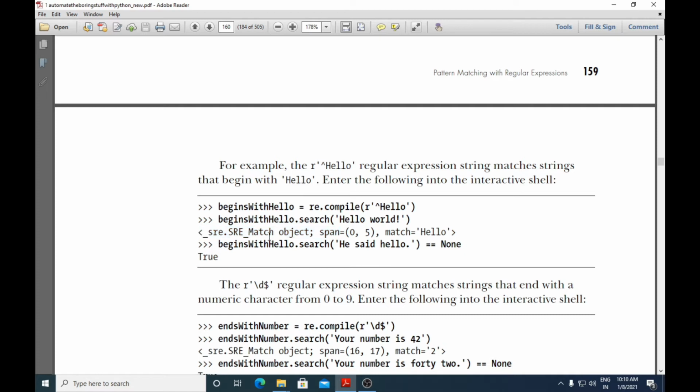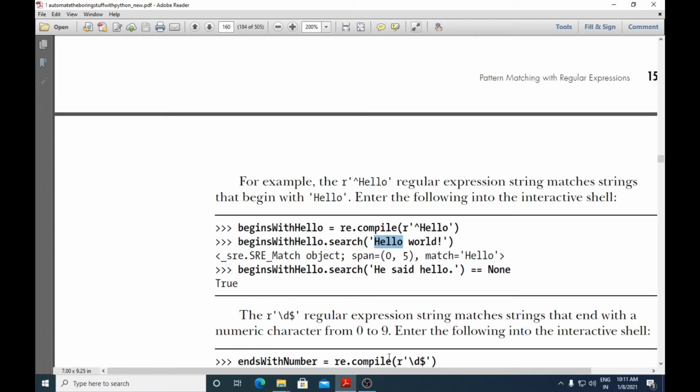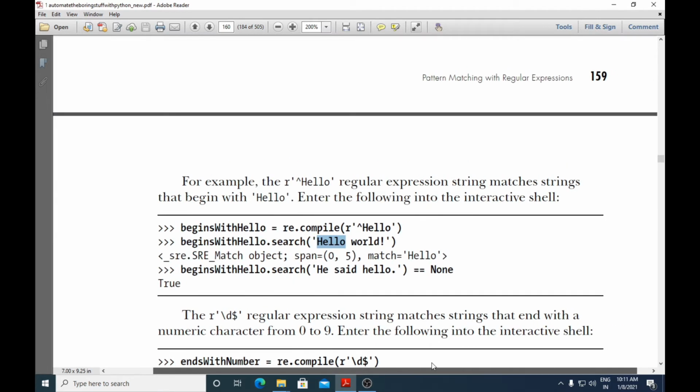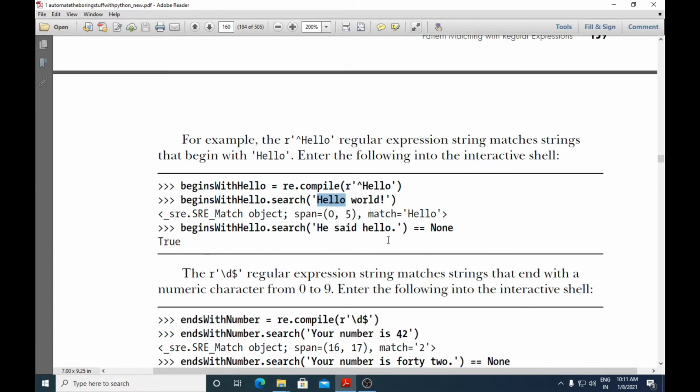It says that this method will return a match object, and the span is from 0 to 5. That means the pattern matching the regular expression is at location 0 to 5, beginning with hello, and the text which matches is match equals hello.